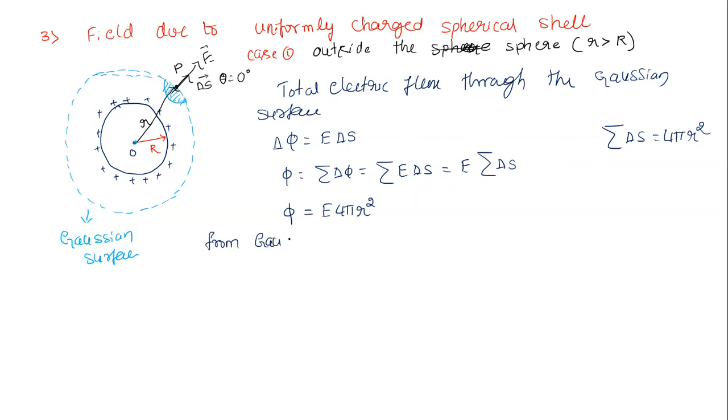From what now? From Gauss law. The total flux through any closed surface is equal to net charge enclosed, right? Let's say the net charge is Q and it is Q divided by epsilon naught. Where I need to take now, since it is what type of charge density? Surface charge density. So I take sigma equal to charge per unit area, right?